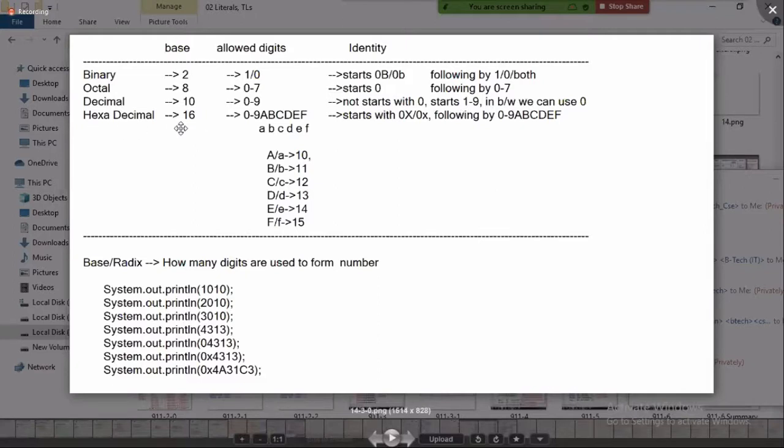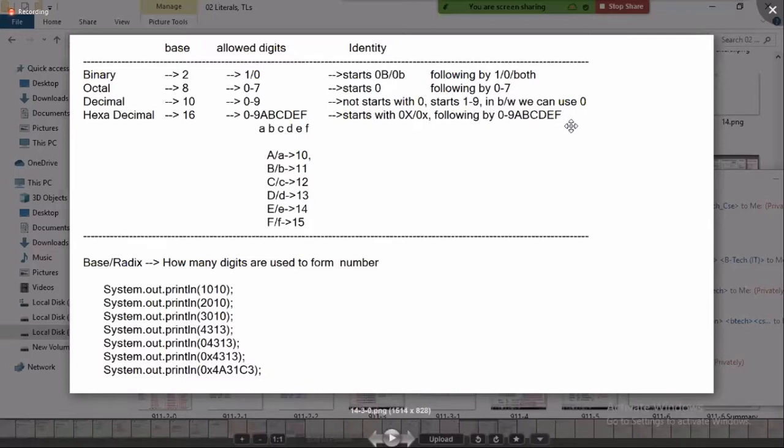Understand? A hexadecimal literal starts with 0x or 0X, followed by 0 to 9 and then 10, 11, 12, 13, 14, 15. But if we write 1, 5, it is considered as 1 and 5, not as 15, not as 13, not as 14. That's why after 0 to 9 come A, B, C, D, E, F. These letters represent 10, 11, 12, 13, 14, 15. If I use F in the program, it is considered as 15. We can use either capital A to F or small a to f, no problem.